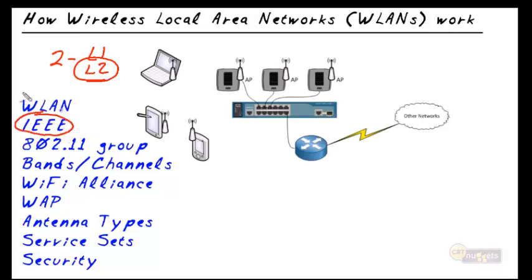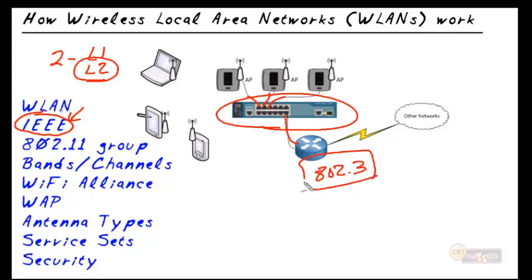Now, the IEEE is another acronym, and it stands for the Institute of Electrical and Electronic Engineers. So you don't have to actually memorize the full name of the group, but you should be responsible. These are the groups of people that are responsible for the protocol standards at layer 1 and layer 2. For example, on Ethernet networks, so here we have a switch, we have some wired connections coming in, a router's wired in. On an Ethernet network, there is a